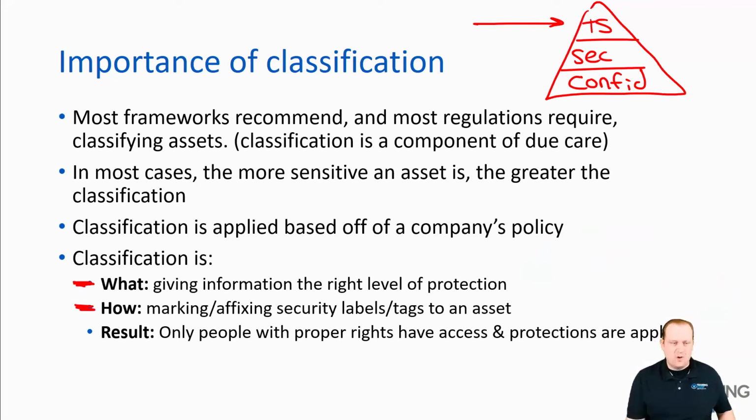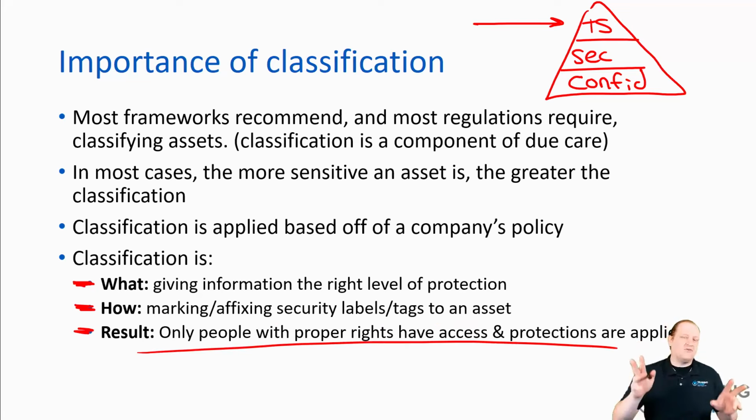How do we do it? We affix a security label or tag to an asset. We are marking our assets. This is top secret, this is secret, this is confidential. The end result, only people with the proper rights are going to have access. Only people who have the right level of clearance